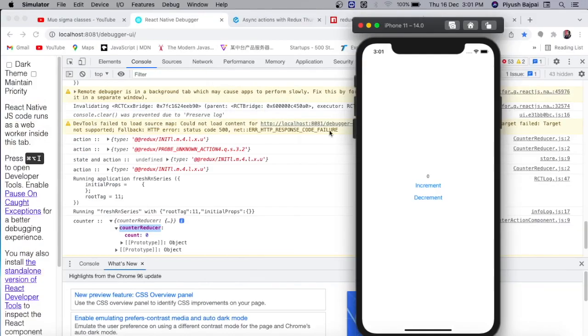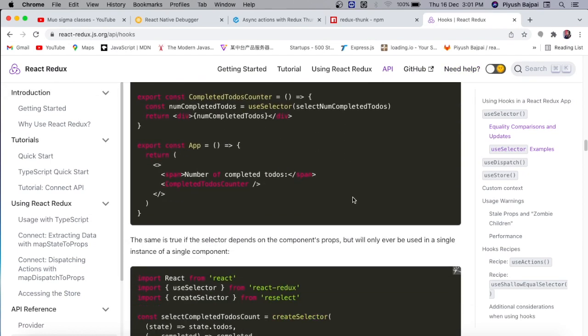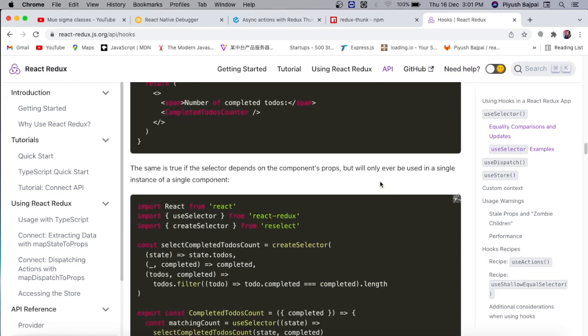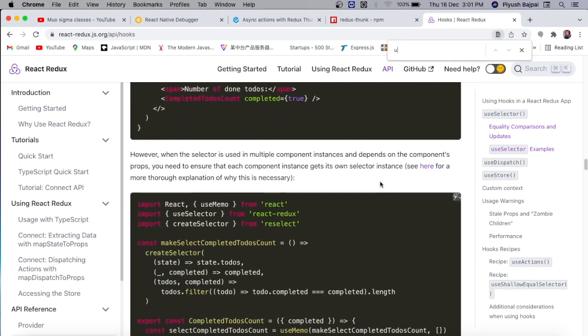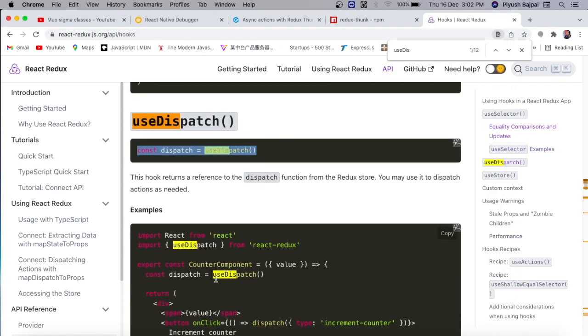Go to the React Redux official documentation and search useDispatch, and here we go. Copy this line. First we have to import this from React Redux.